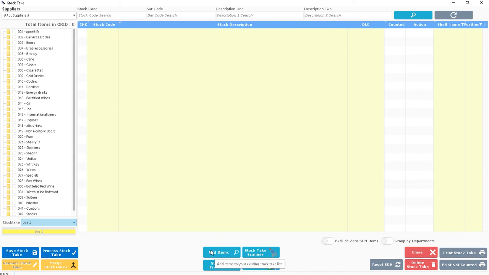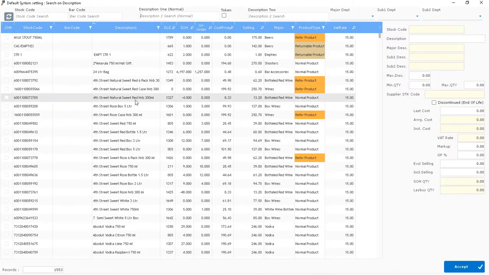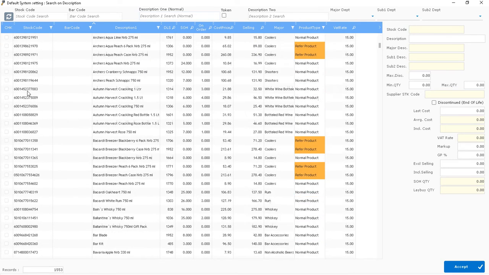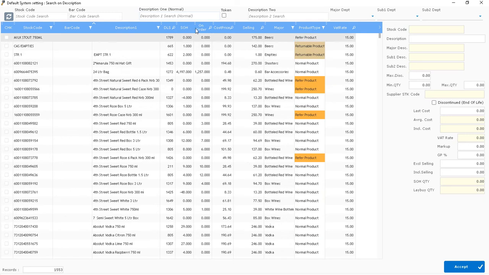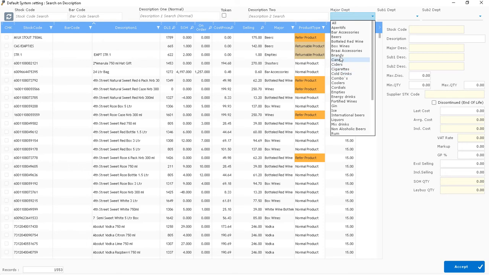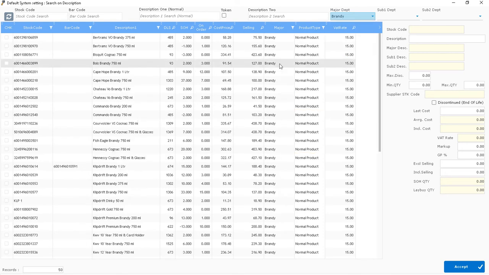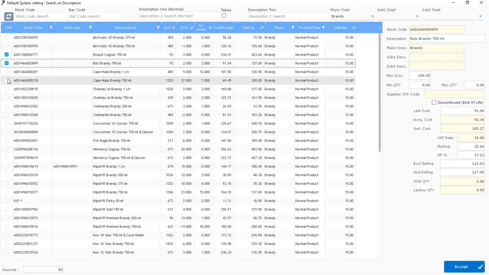In the middle, click there on add items, and now you will be able to search for the items you want. So you can now either go and search by scrolling down, or you can type in the description of the item here on the top where it says description, or you can click here on the top right hand on major department and choose the department that you want to search an item in. I'm going to choose a few items here,